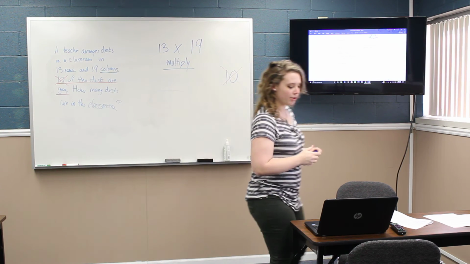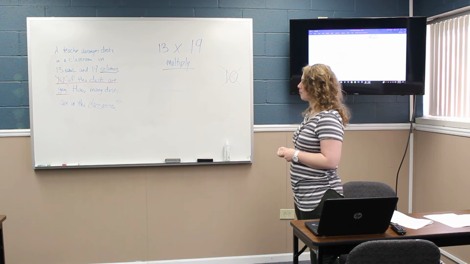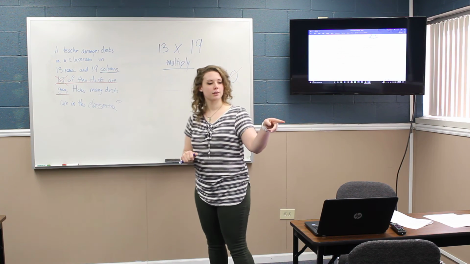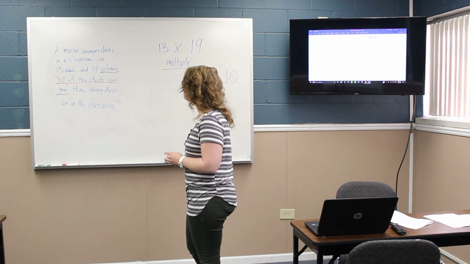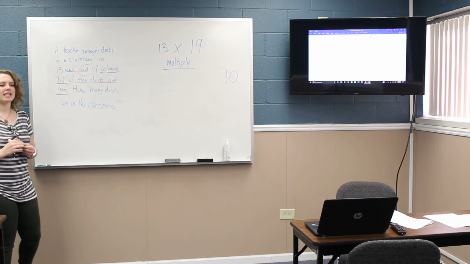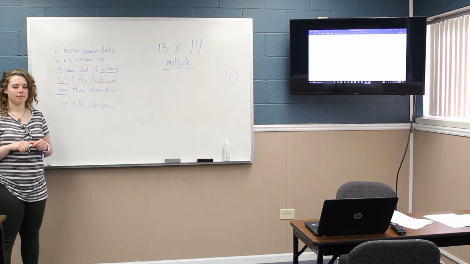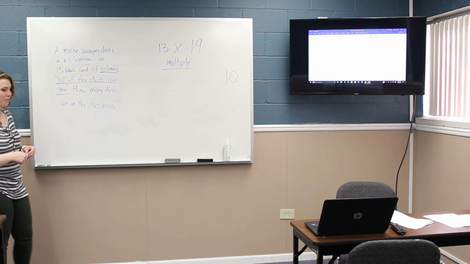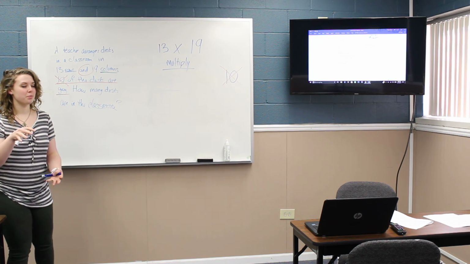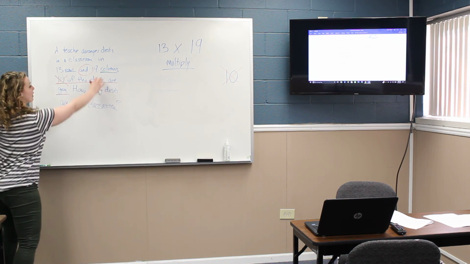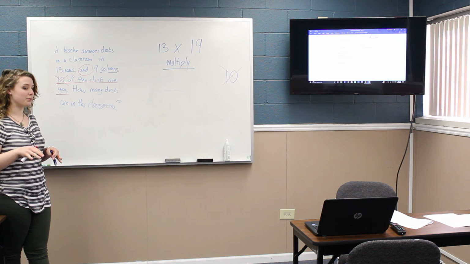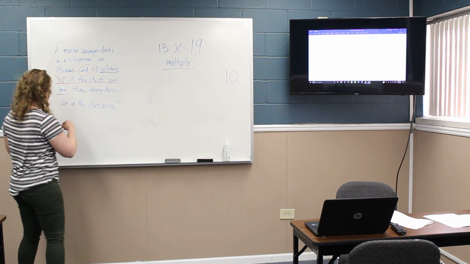All right, and how do we know this? What's it say? Okay, good, good. So we have this keyword right here, and what does and mean a lot of the time? Addition? Yeah, a lot of times it does. But multiplication is almost like a kind of addition, except we're adding groups of things, which are our rows and our columns. So before we can even think about that, we know that we need to multiply. So that's our keyword, how many, and then we know that we